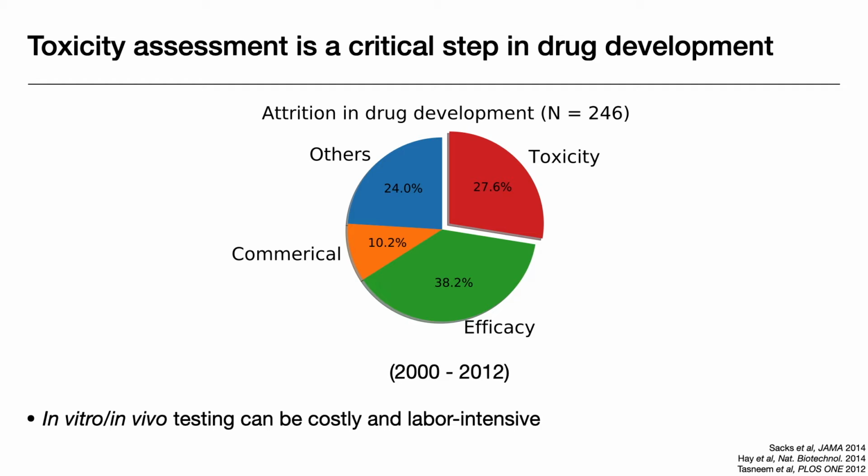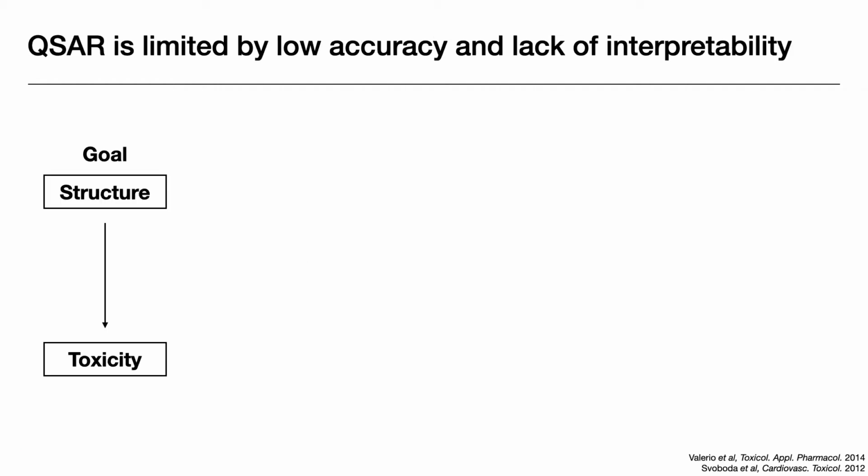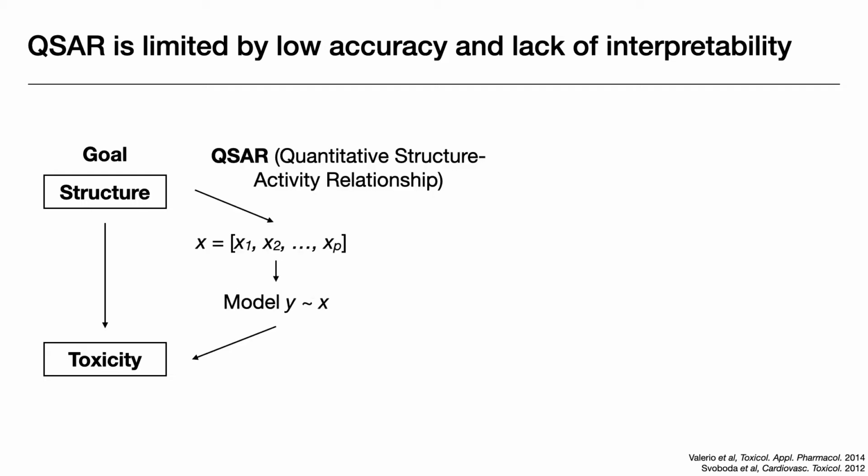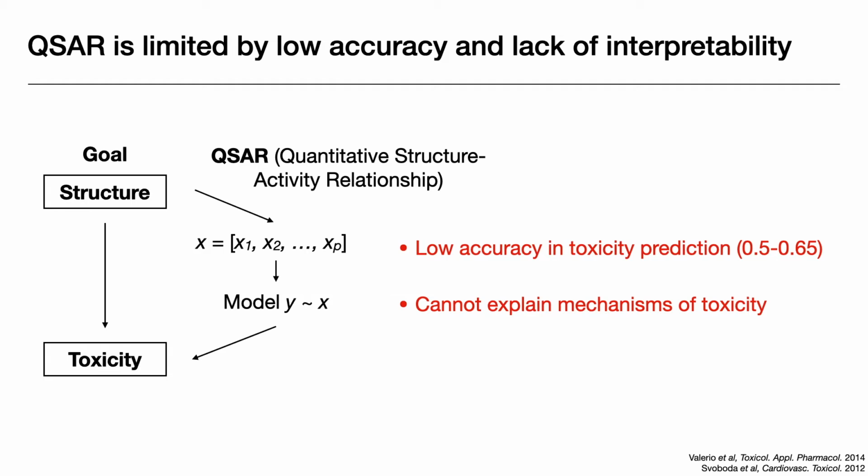There are experimental approaches to test toxicity, but they are expensive and cost a lot of time and labor. That is why we need computational tools to predict whether a compound can cause certain toxic events based on its chemical structure. A commonly used method in the field is QSTAR, which starts by quantifying chemical structure into a feature set, then relates the feature set to toxicity outcome using classification models. However, toxicologists do not like QSTAR very much. To start with, the accuracy is not very satisfying. And also because of its nature, QSTAR models cannot point us to the proteins or pathways